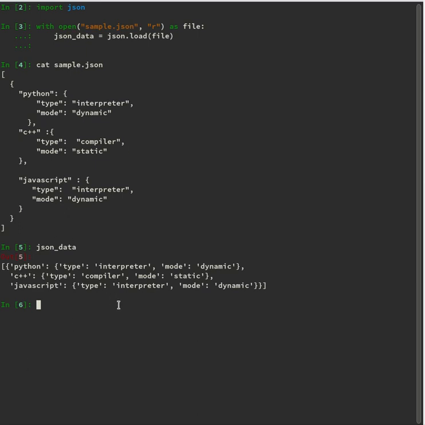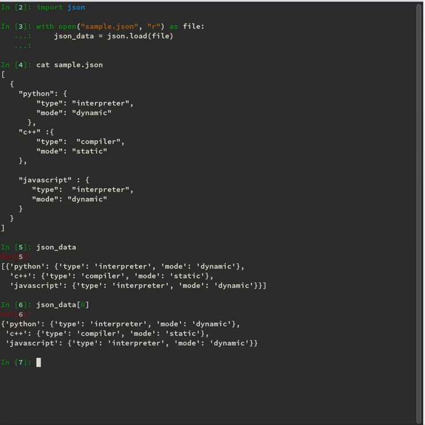With respect to accessing the data, from here onwards it's a regular list and dictionary format. First of all, if you observe, the entire JSON content lies under a list. So if you press 0, you get whatever is inside of it.